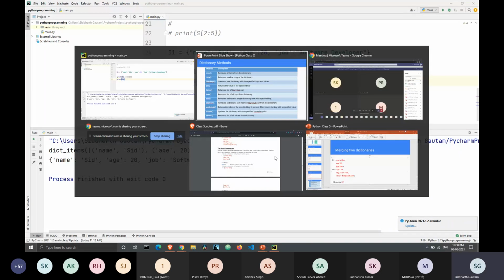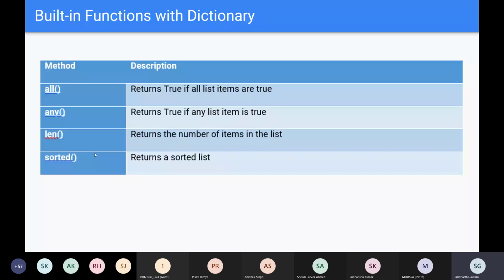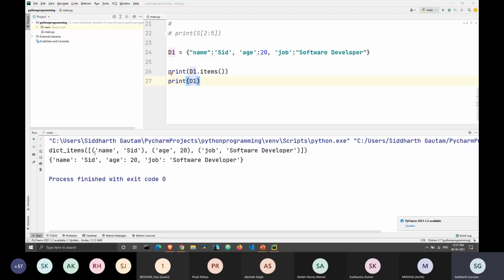Let's move to the next slide, and here we have methods similar to those of different data types, such as list, set, and tuple. Let's take a look at them. Let's say I try to print the length of d1.